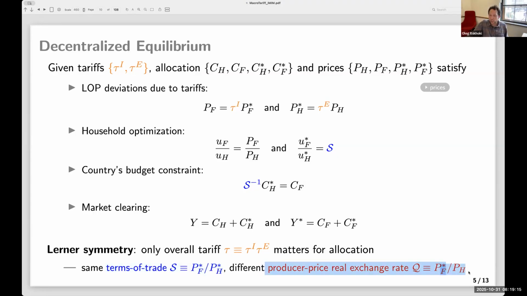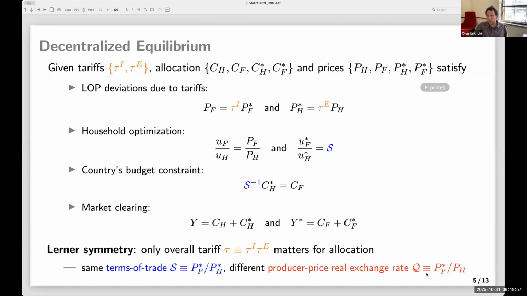And it turns out that the real exchange rate is not an allocation relevant price. If you use an import tariff, you will appreciate the real exchange rate. If you use the export tax, you depreciate it, but it's not allocation relevant. The only allocation relevant price is the terms of trade. And of course, once you introduce asset positions, that's no longer going to be true. This will become a second allocation relevant price, and it will depend on whether you use the import tariff or the export tax, and it will create valuation effects in different directions depending on which one you use. But without net foreign assets, when both assets and liabilities are equal to zero, this is the result. You have Lerner symmetry, only terms of trade is allocation relevant, and you can ignore the real exchange rate.